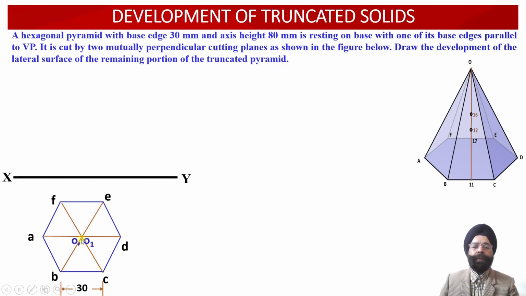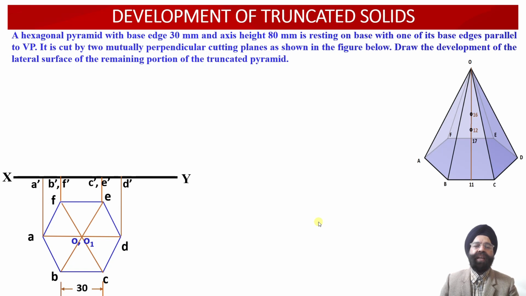So now we need to obtain the axis of this hexagonal pyramid. So we need to join the three diagonals AD, BE and CF corresponding to the base of this hexagonal pyramid. Wherever these three diagonals of this hexagon intersect with each other, we obtain the axis points O and O1. So point O corresponds to the apex of the hexagonal pyramid, while point O1 happens to lie onto the base of the hexagonal pyramid corresponding to the axis of the pyramid. Now having obtained the top view projections corresponding to this hexagonal pyramid, let us obtain the front view projections